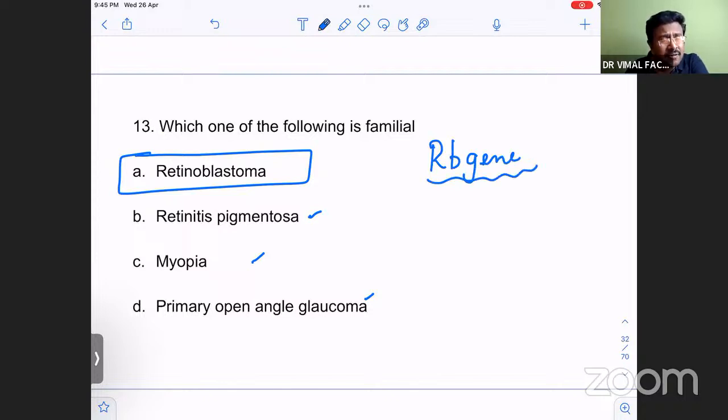Which chromosome is it located on? The RB gene is located on 13q14. It is a tumor suppressor gene, located in 13q14, and it is called the governor